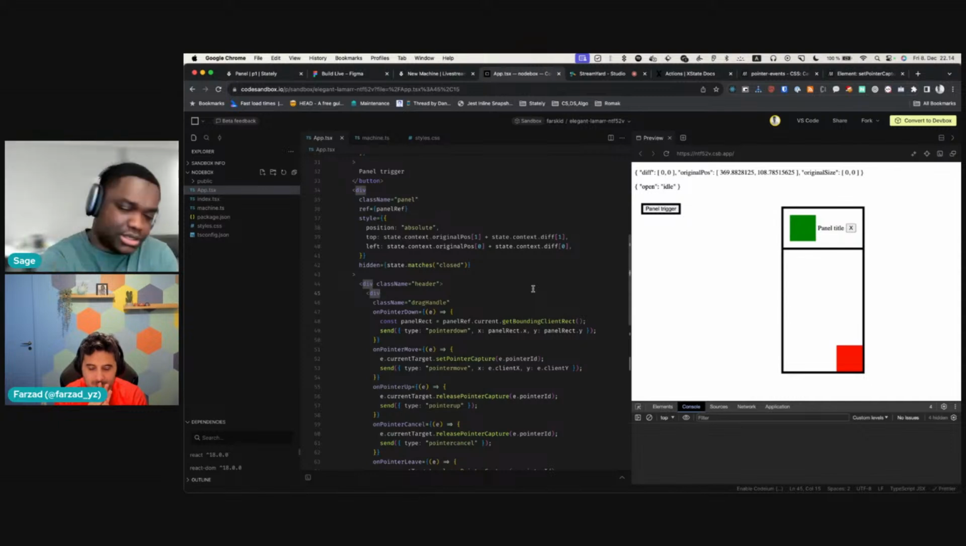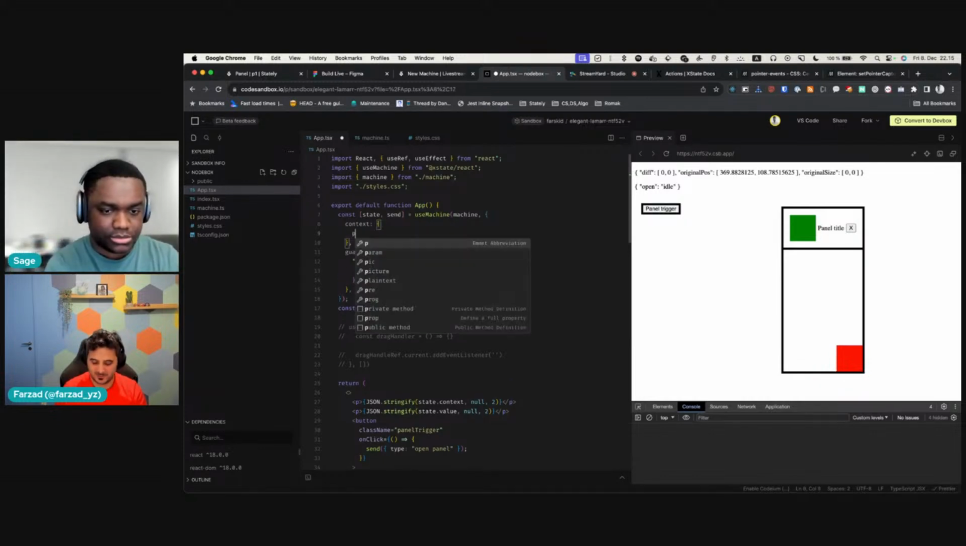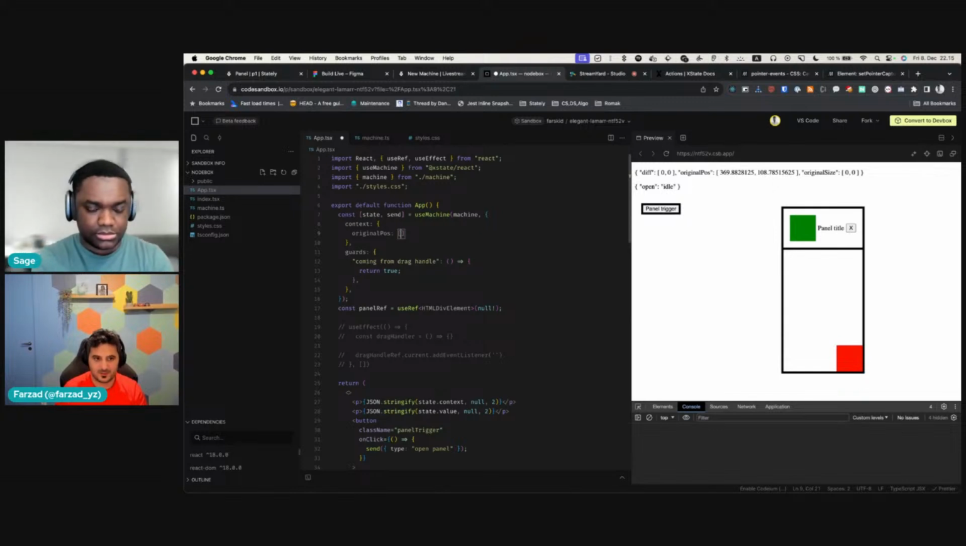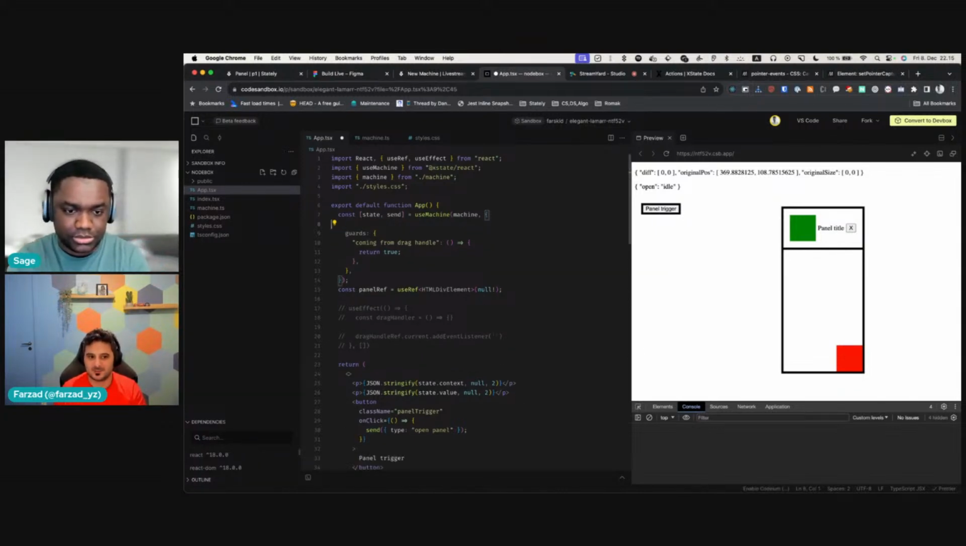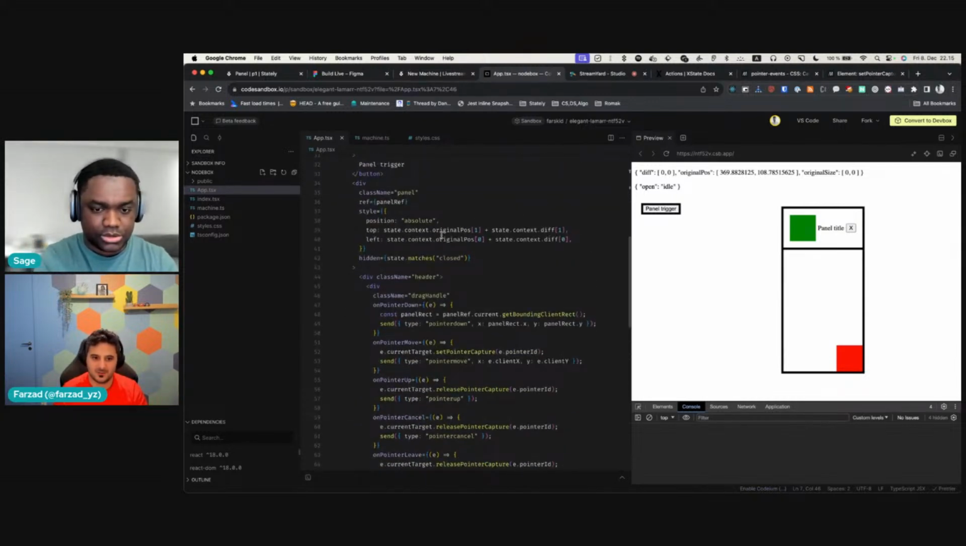Or we actually have to check if there's an original position and use that one before querying. Yeah, but we could initialize the state machine context value of the original position based on the bound client rect, and then always rely on the context here. So we could say original position would be, let's just say, get bounding client rect of that, and then dot x, something like that. We initialize the context original position based on that, and then all the time just rely on the context